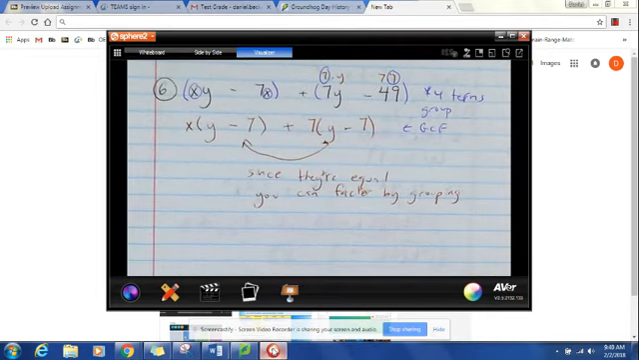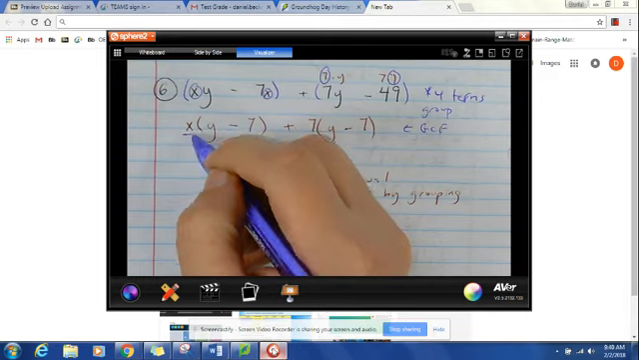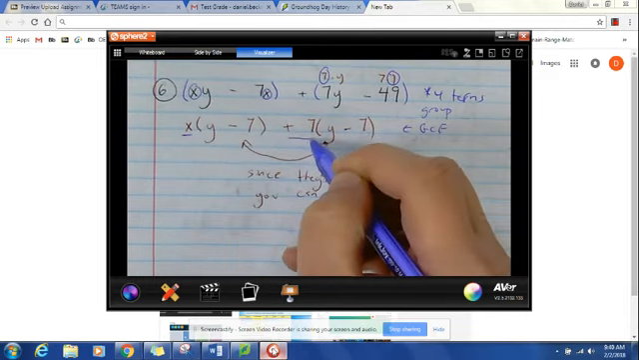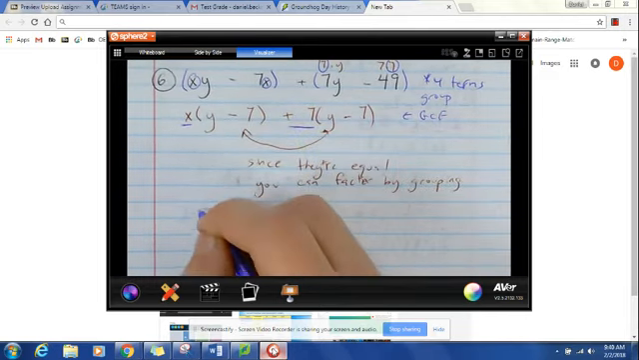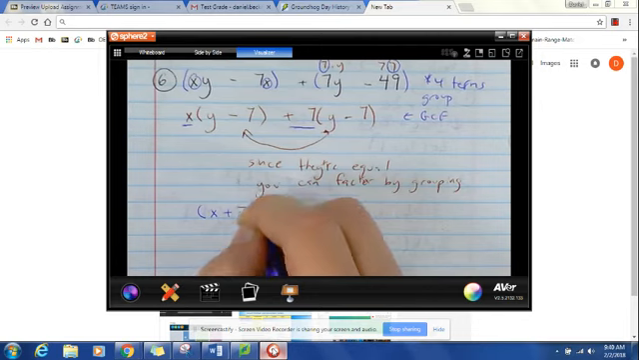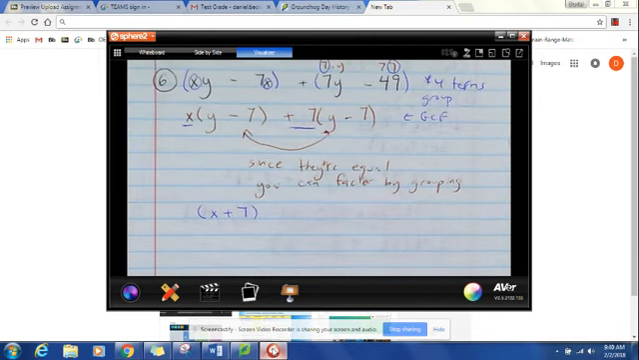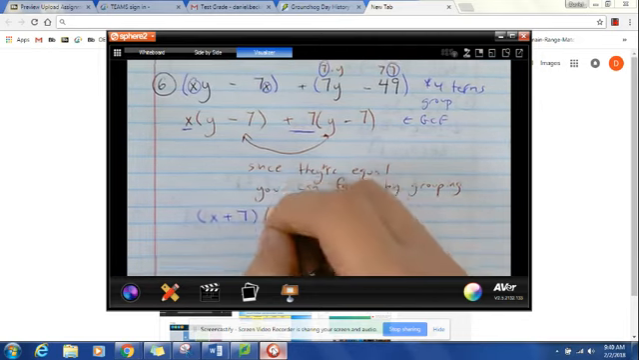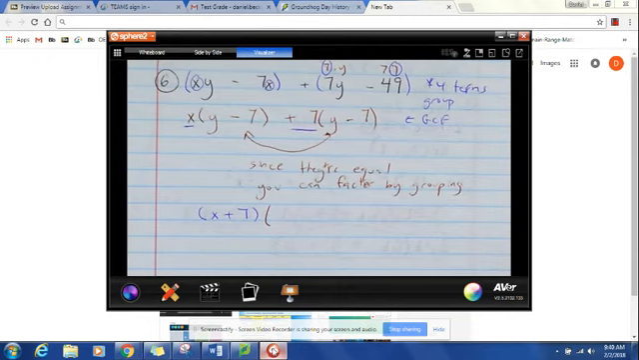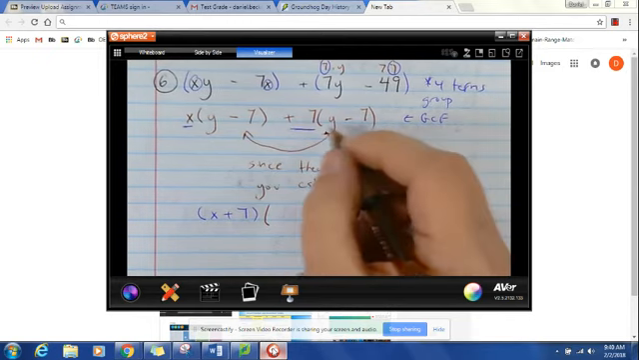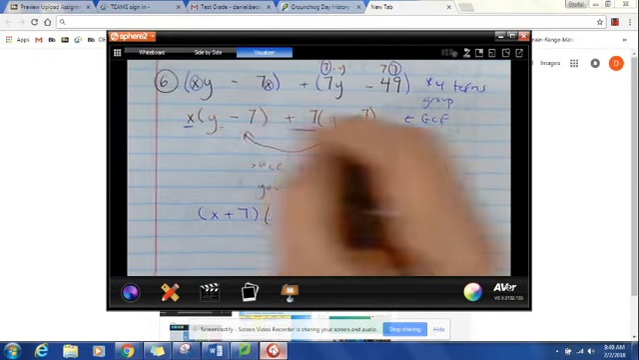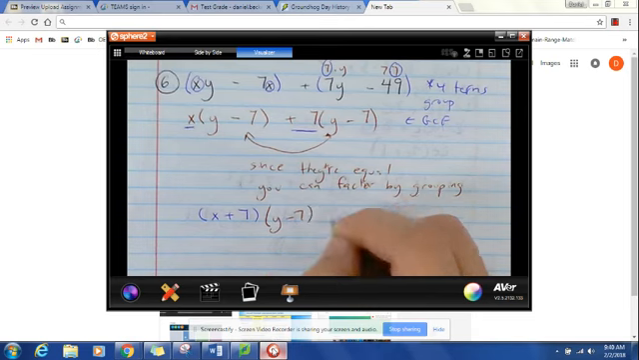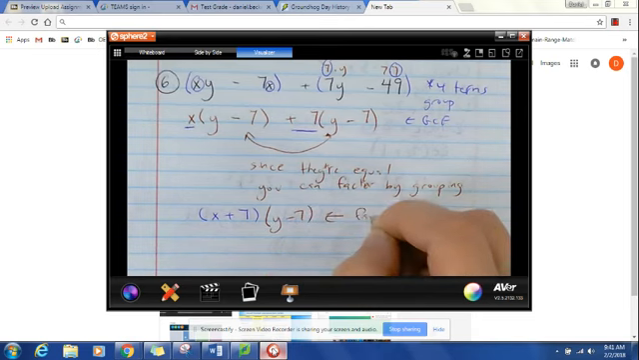All right, and the way we're going to write down the factors by grouping is we're going to take our GCFs. So we have an x and a plus 7, and we're going to put them down right here. And the other set of parentheses, we're going to put the other factors that we have here, y minus 7. And now it is